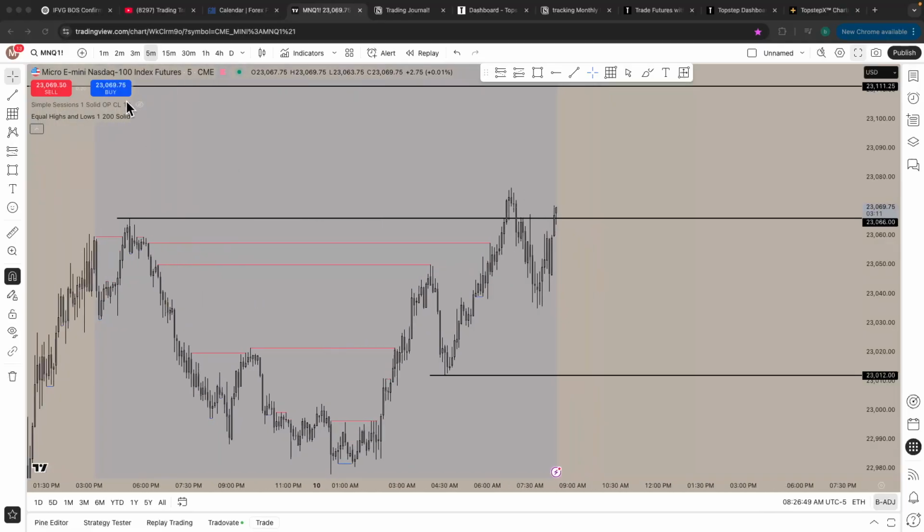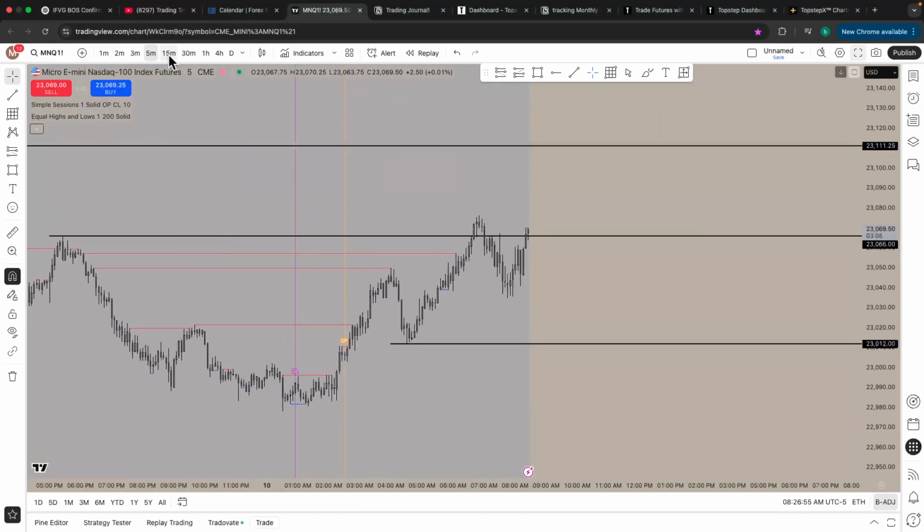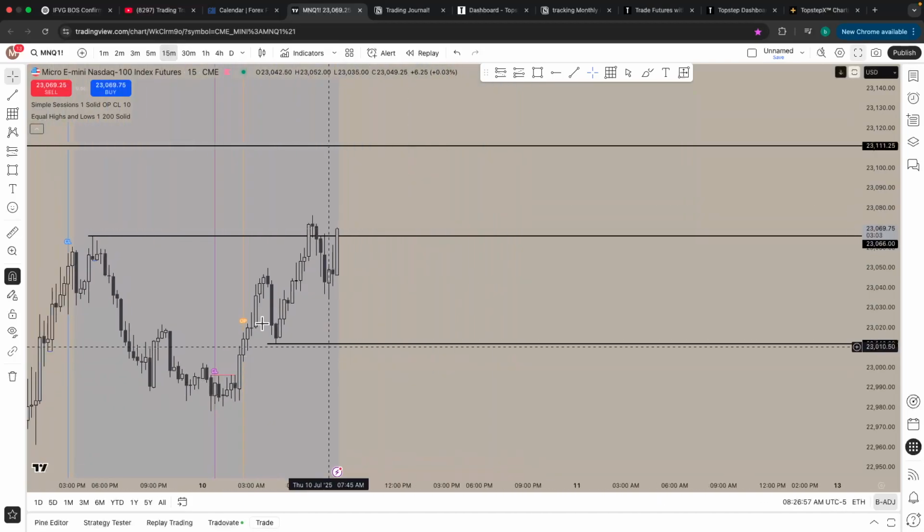So as of right now, let me just turn on our session highs. You know when London session opens, we're on the 5 minute. London session opens, we'll go to the 15-minute time frame, even better. London session opens right here, 2:30 a.m. We end up sweeping out highs, so we ended up getting manipulation, and we ended up getting a little bit of a reversal.